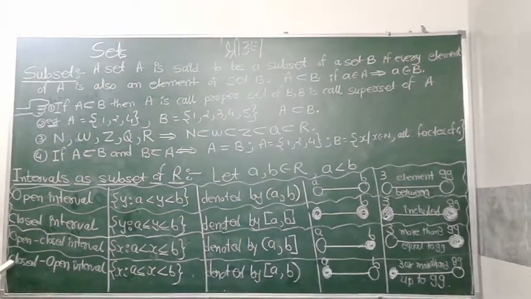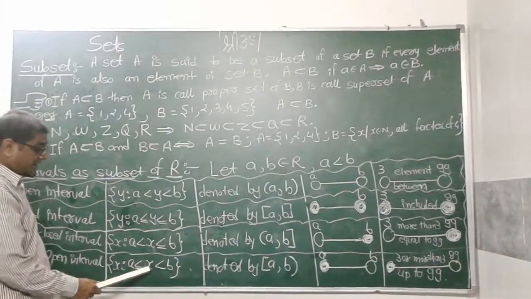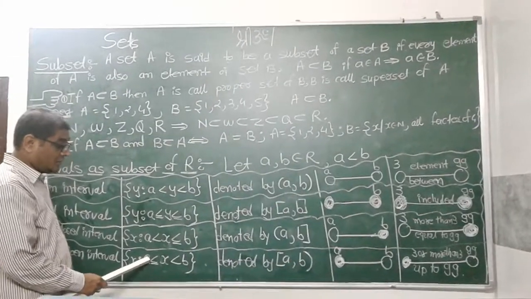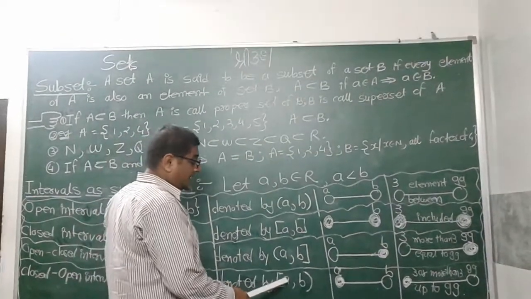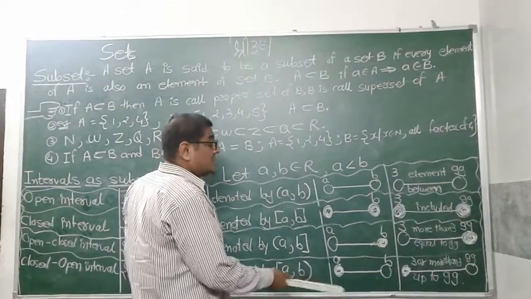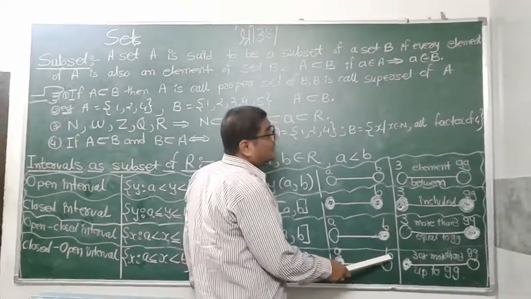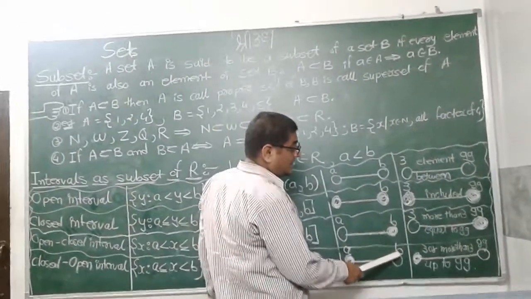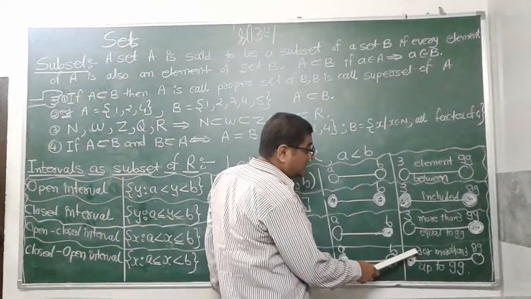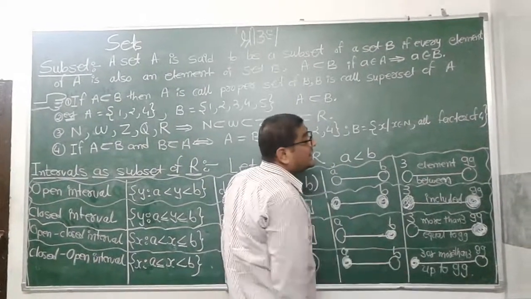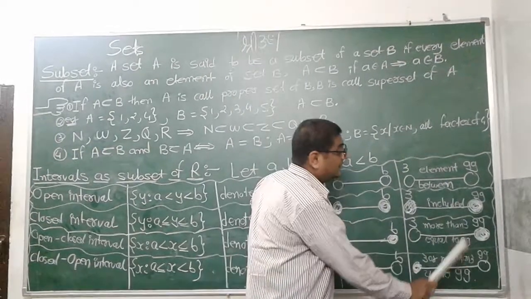And the fourth interval, the closed-open interval: x such that the value of x is greater than or equal to a but less than b. It is denoted by a square bracket at a and a small bracket at b. So the element a is included and we go on up to b, but the element b is not included. So here 3, 3.1, 3.2 and so on up to 88.9999, but 99 is not included.